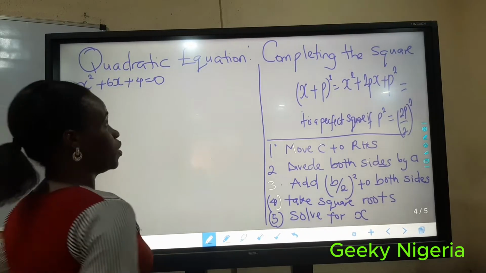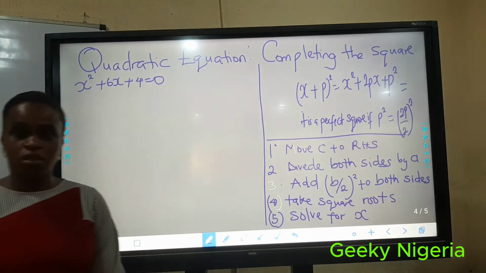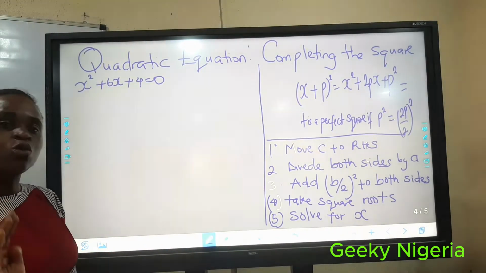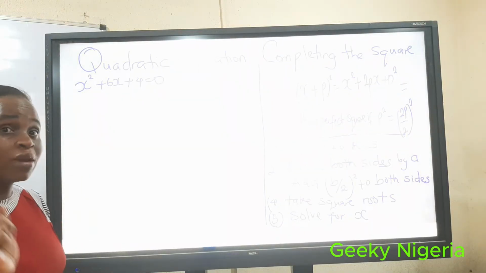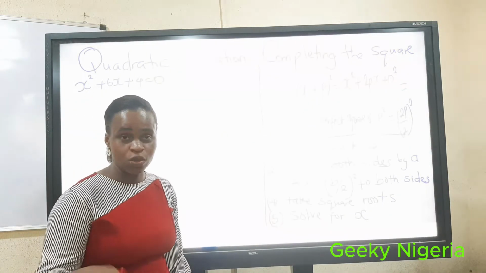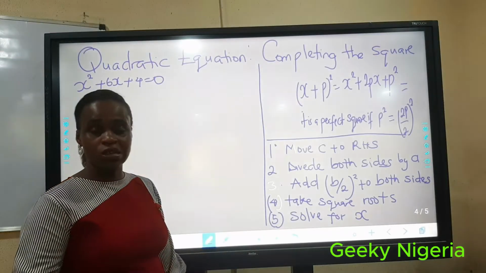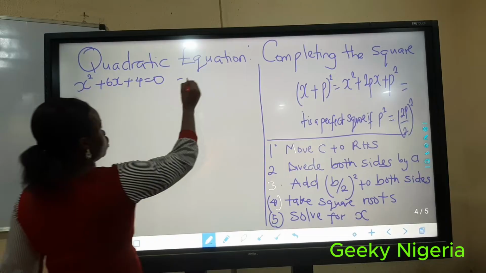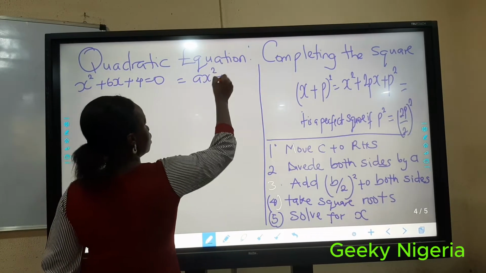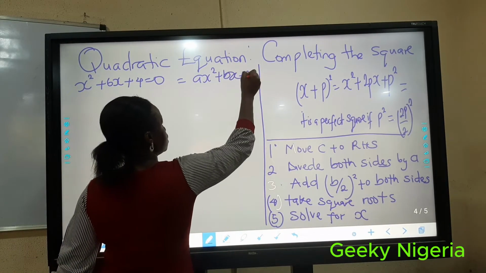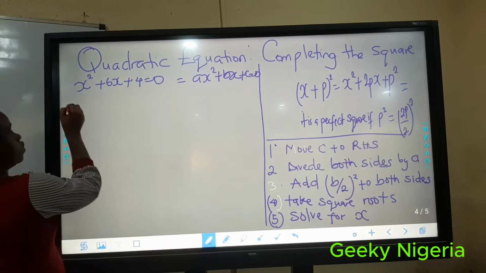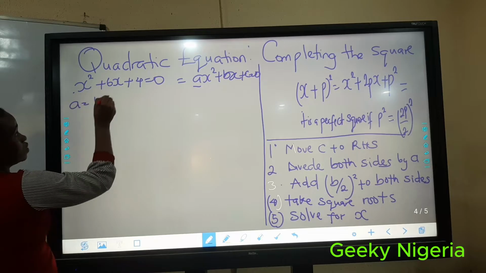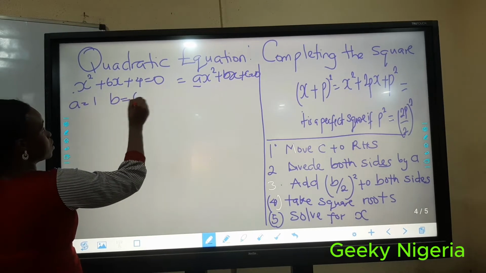Today we are going to look at quadratic equation by completing the square method. Now in this method, there are some rules to follow. Remember, whenever you're given a quadratic equation, the first thing you do is write the general equation of the quadratic equation and identify your A, your B, and your C. So in this situation, we have ax squared plus bx plus c is equal to 0. We now know here our A equals 1, our B equals 6, our C